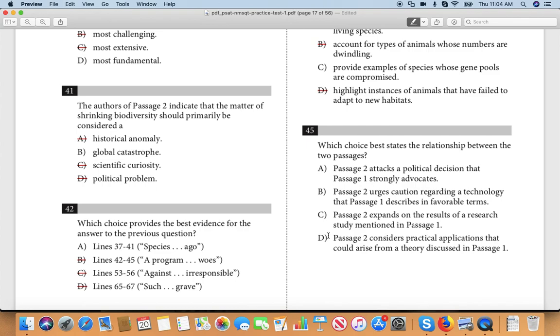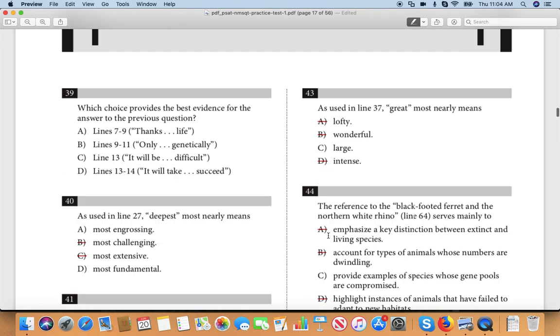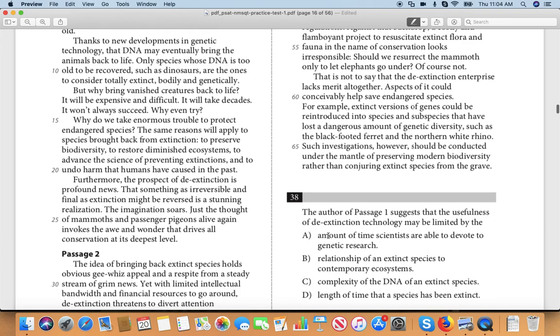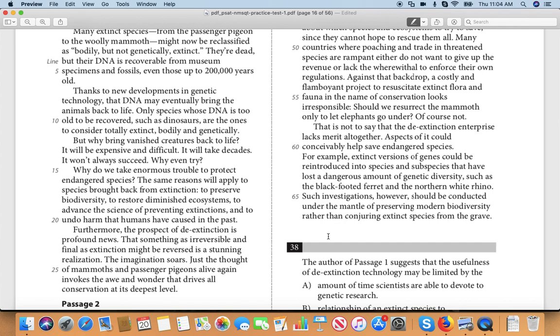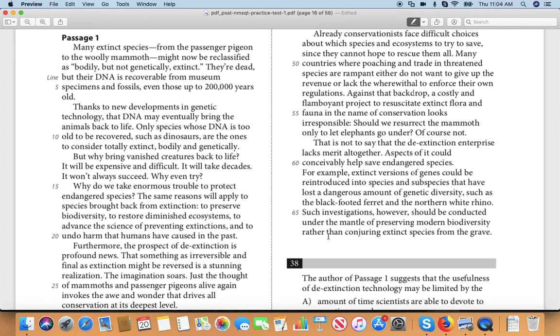Now we got to compare the passages. Go ahead and read. Who was the last one? Is that Blaze? Blaze Shahid is up next. Blaze Shahid, go ahead and read question number 45 for me, please. Okay. Best states the relationship between the two passages. Okay, let's go back real quick before we answer this. What's the main point of passage 1, and then what's the main point of passage 2? Let me think about it. You can look back at it. Alrighty. I'm looking at passage 1 right now. What's the main point? It's to introduce the idea of bringing back the extinct animals. Yeah. It's all like, let's do it.